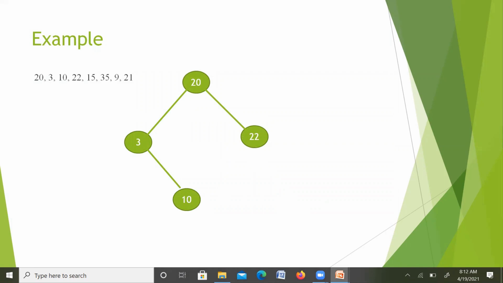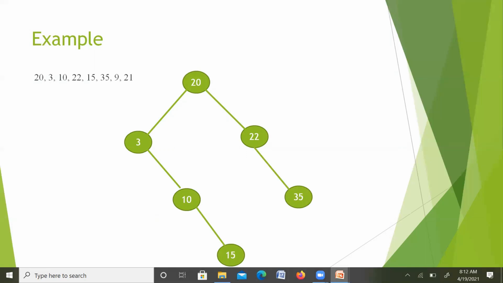Again it is greater than 10, so we place it as the right child of the 10 subtree. Then 35 is greater than the root node 20, also greater than the right side subtree 22, so we put it as the right child of the subtree 22.